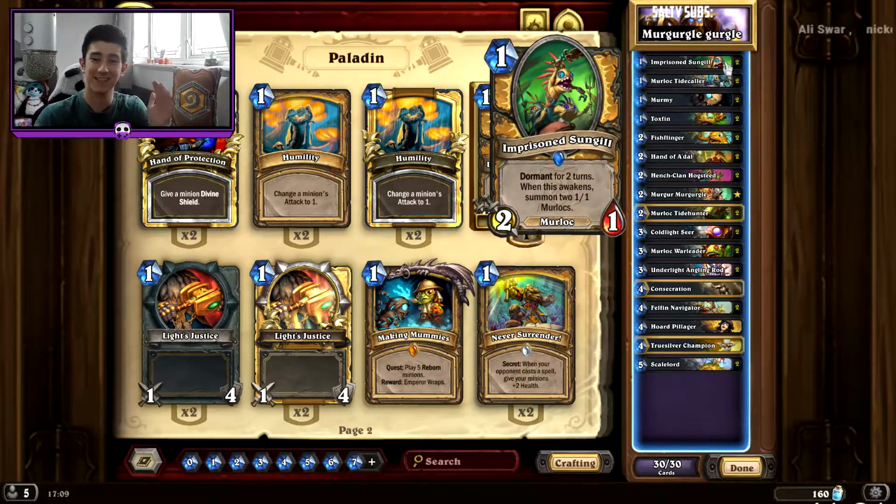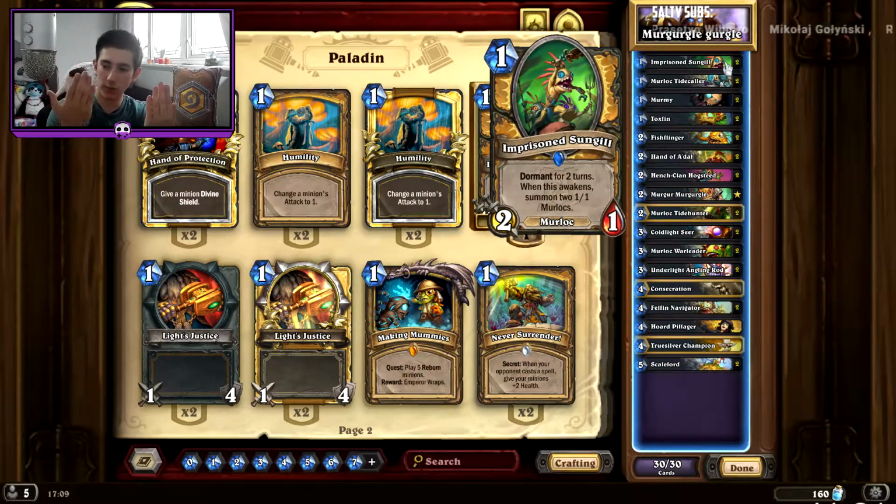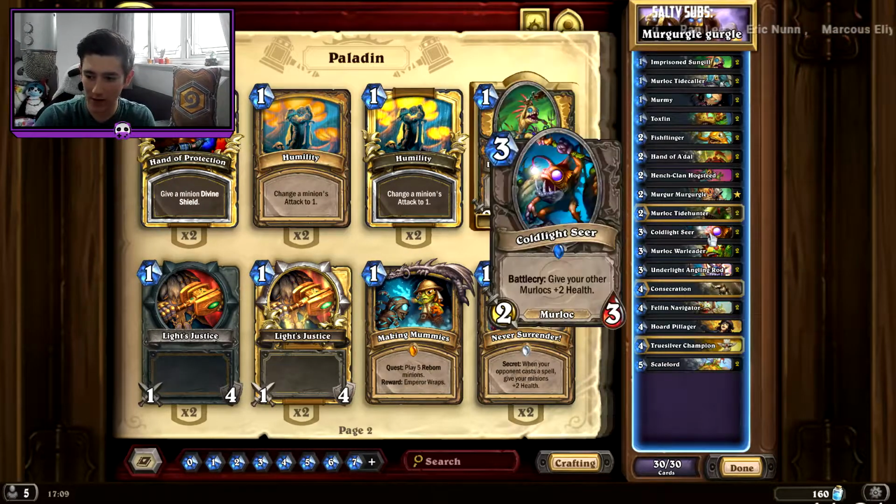Imprisoned Sungilt is insane. It's like a 69 to 70% win rate in every matchup. This is the best card on turn 1 in your deck. So if you have this, you keep it every single time. It's just super, super strong, mainly because if you play this on turn 1, it pops on turn 3, and your opponent can't interact with it, right? Which means no matter what, you always hit it with a Cold Light Seer,